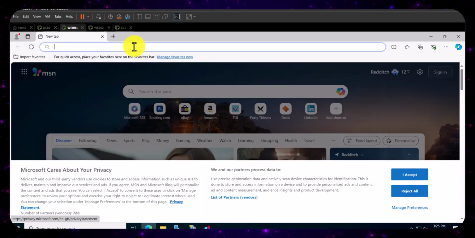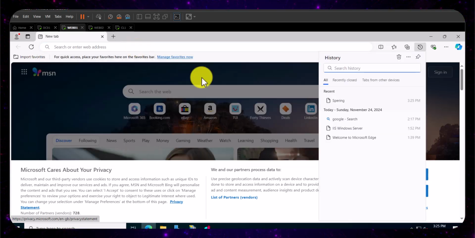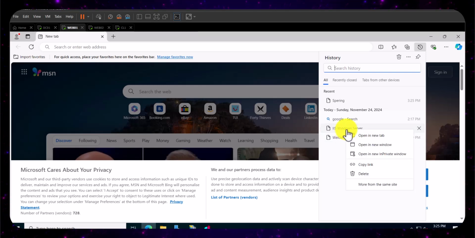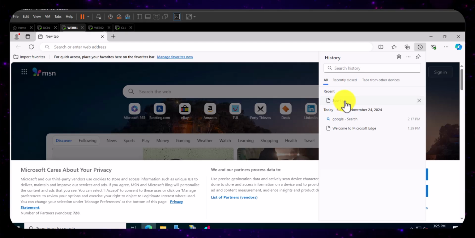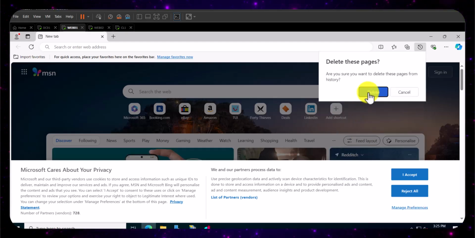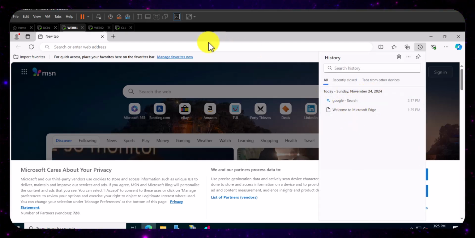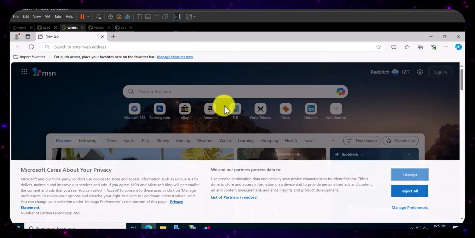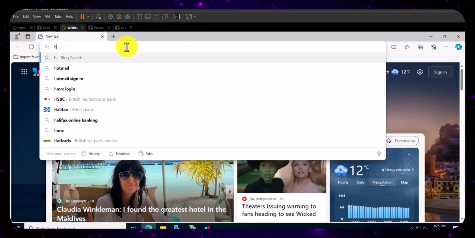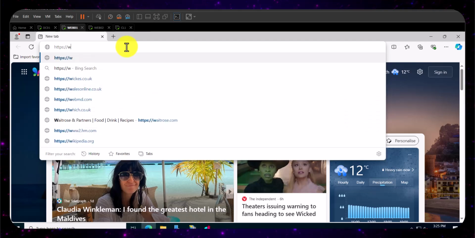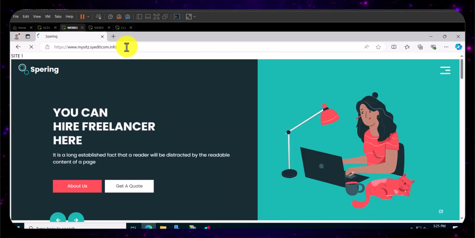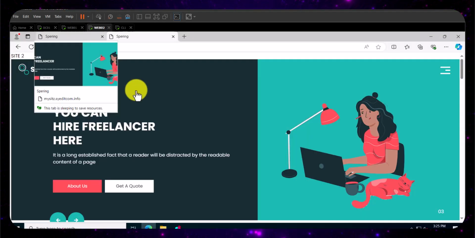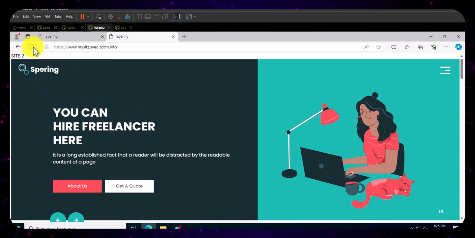Let's first close the cache. So we need to close all entries. So we don't have any entry left. Fair enough. Okay, let's type https, my site. Okay, and if I refresh it,